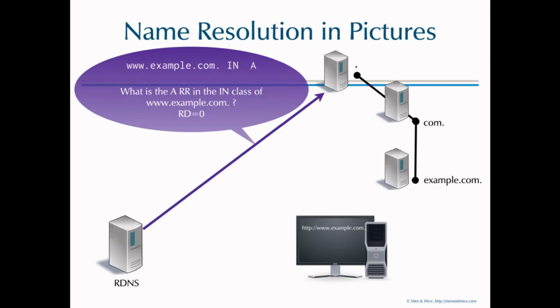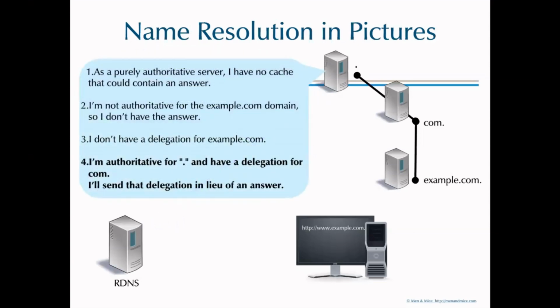So even though the work that the RDNS server is now doing is called recursion, this query without the recursion desired flag on is known as an iterative query. Just give me an answer. So what happens? This server is what we call a purely authoritative server. So he doesn't have a cache. He doesn't work like an RDNS server. So there's no cache, so he can't